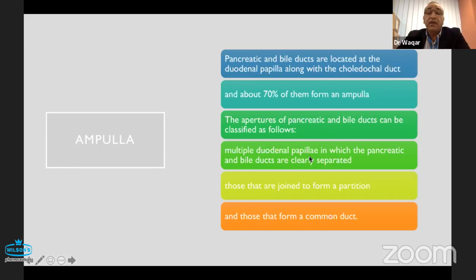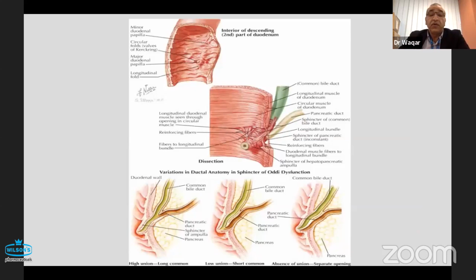The common bile duct and the pancreatic duct might open separately, independently in the duodenum at the papilla, or they might be joined into a common chamber but separated by a partition, and then those that form a common duct. So diagrammatically, if you look at it,